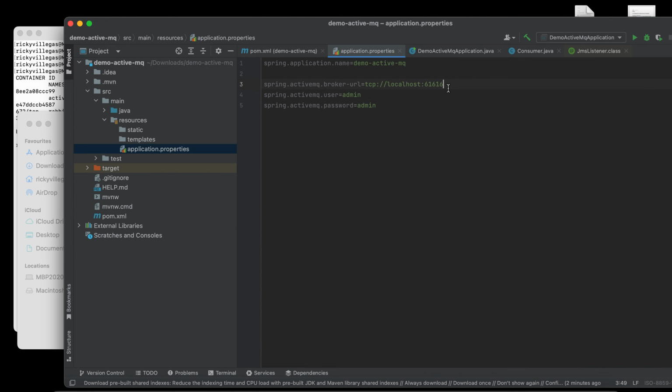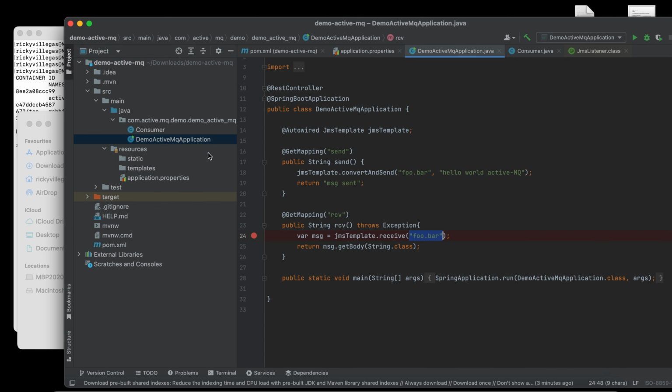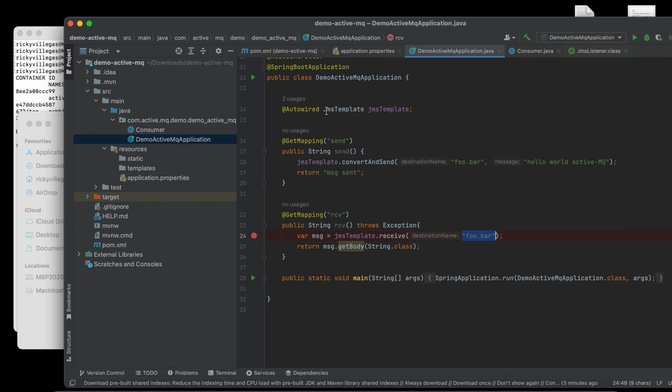I installed it on my local machine. That's why I use localhost and the same port, right? Then for the user and password, the default is admin. So that's the reason why we use this. After configuring our ActiveMQ, we can already send messages using our JMS template.